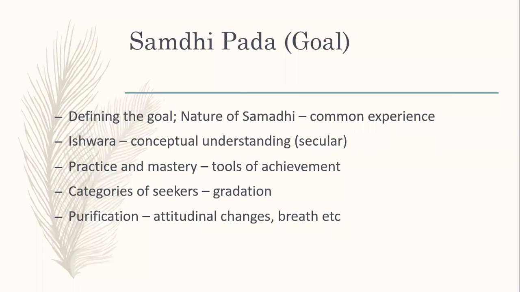Uddesha is to list out anything that I want to elaborate hereafter. For example, in the first slide, if I say, I will be explaining in the classes following: 1. Chitta Vritti, 2. Chitta Vikshepas, 3. Afflictions, 4. Siddhis, 5. Ashtanga Yoga. So the first slide or first content of any text in our traditional system is to put out the list of the elaborations that I will make hereafter.